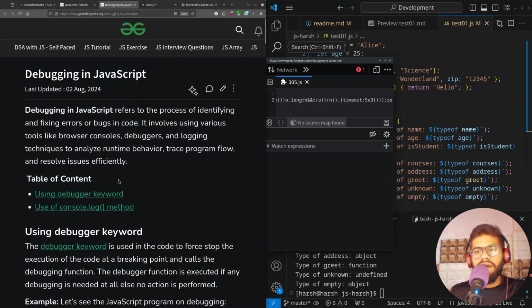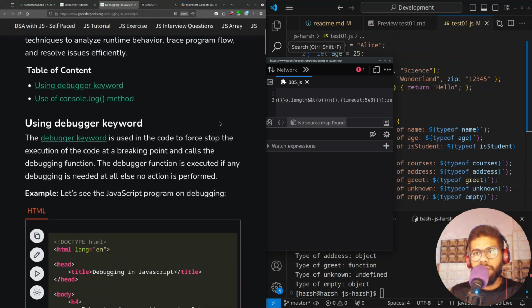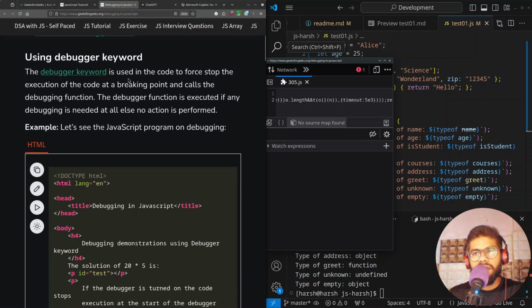Never mind. So debugging in JavaScript refers to the process of identifying and fixing errors or bugs in code. It involves using various tools like browser consoles, debuggers, and logging techniques to analyze runtime behavior, trace program flows, and resolve issues, using the debugger keyword or using the console.log method. The debugger keyword is used to force stop the execution of code at a breakpoint and calls